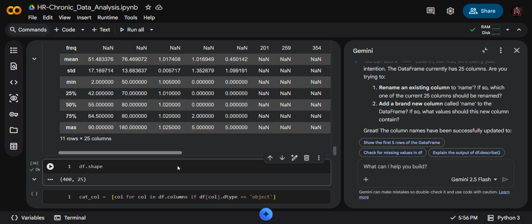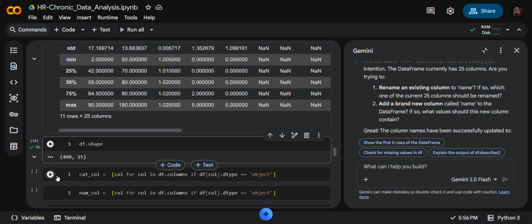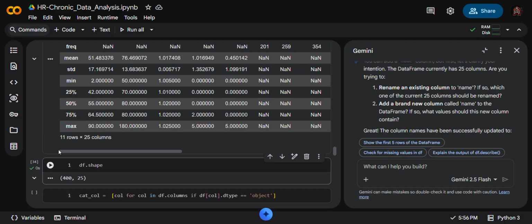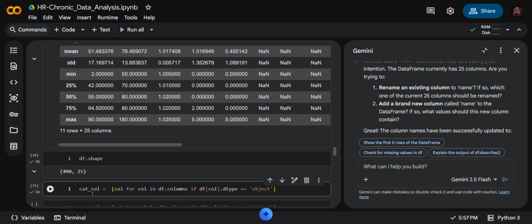while you are plotting a graph, or any bar plot or sns dot scatter plot or any simple graph. And it's okay. Here is something different: cat_col is equal to a list of col for col in df dot columns if df[col] dtype is equal to object.